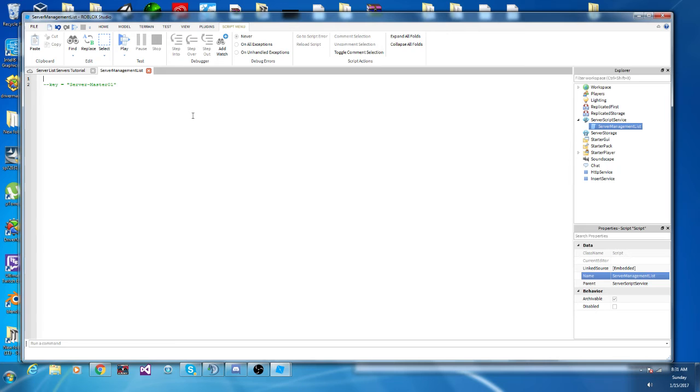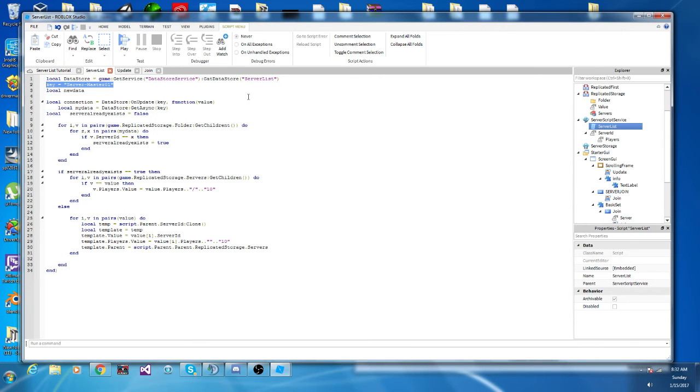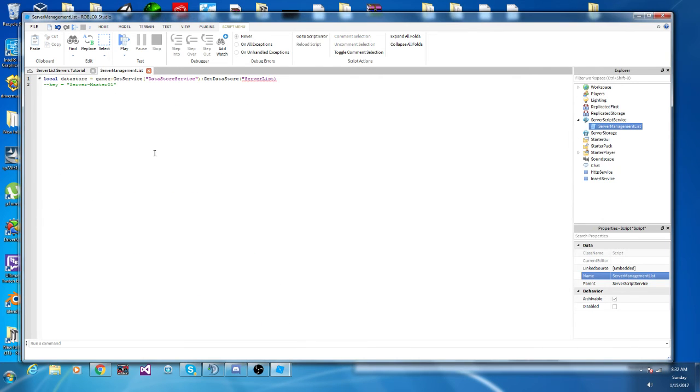Add that in as a comment for now, and we'll do local data store equals game get service, data store service, get data store, server list, or whatever you had the data store named as before. In my case, it was server list, so we're gonna keep with server list. Now we can uncomment key, and we can drop